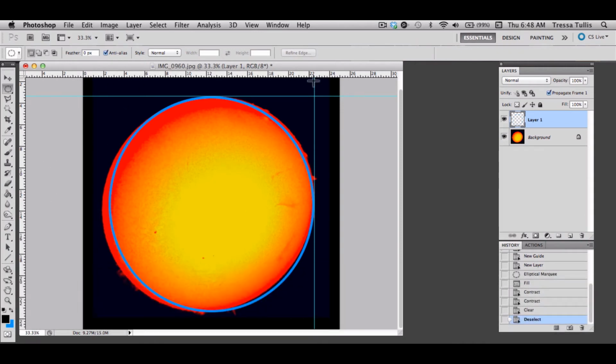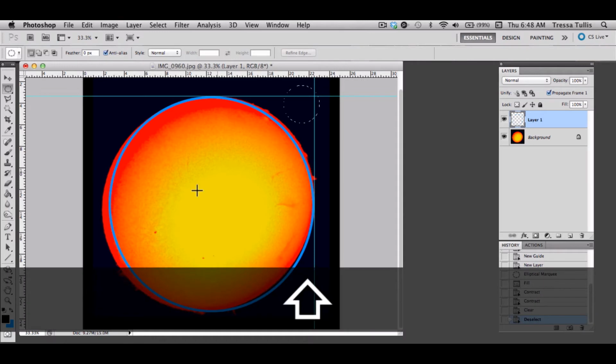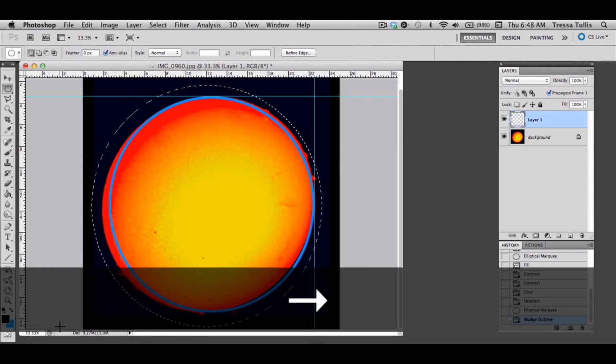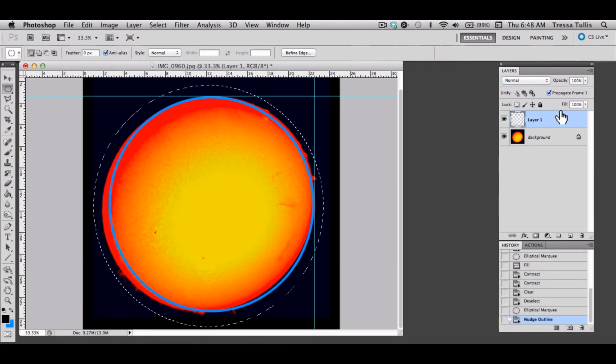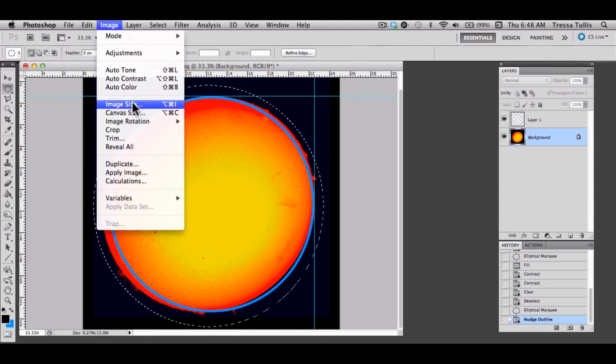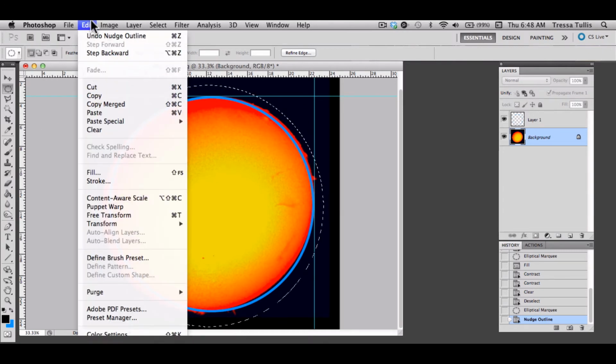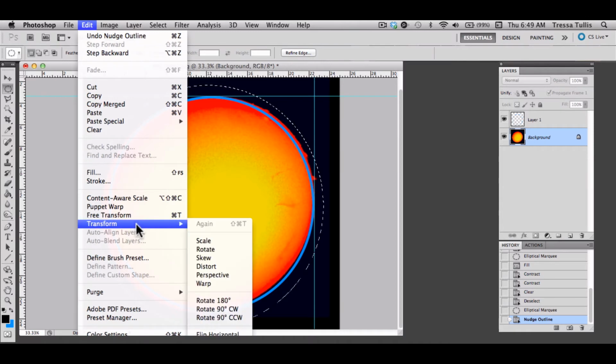And so now I'm going to select the entire sun shape. And you could actually select the entire image for this, but I'm just going to select the sun shape with my circular marquee. Make sure you have the background layer selected. Edit, transform. We are going to,